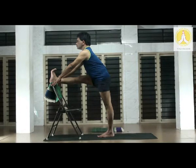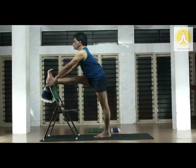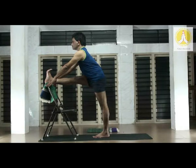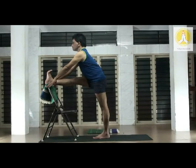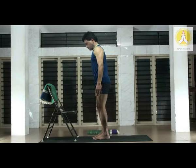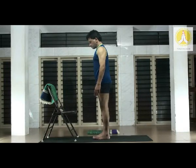Muscles of the arms also to be active. Look forward. Feel the back of the thigh. The hamstring muscles. It's a group of muscles which gets into a lot of weight bearing during all our actions of walking, jogging, etc. Right leg down, left leg up,